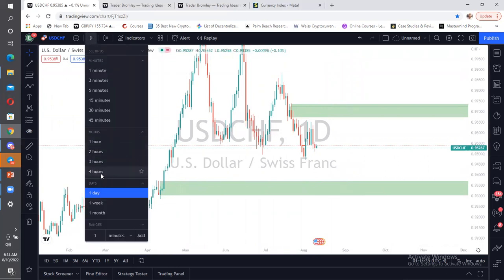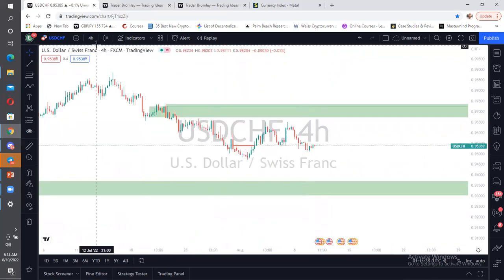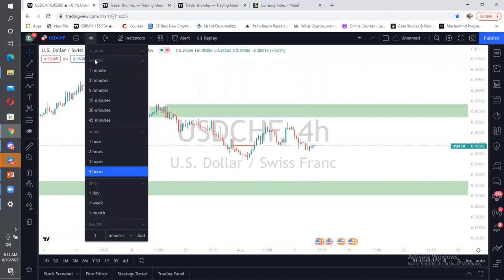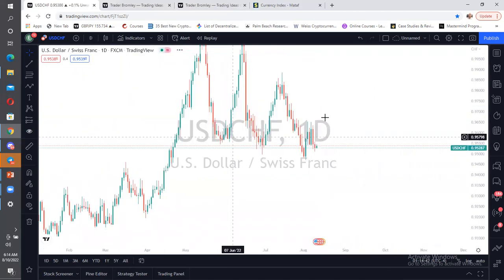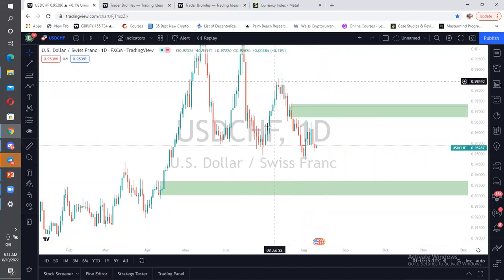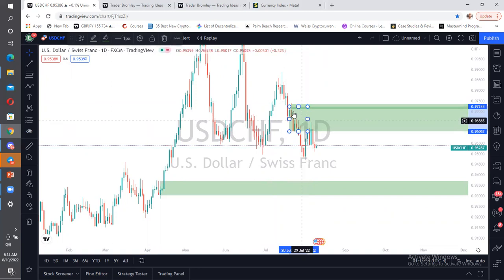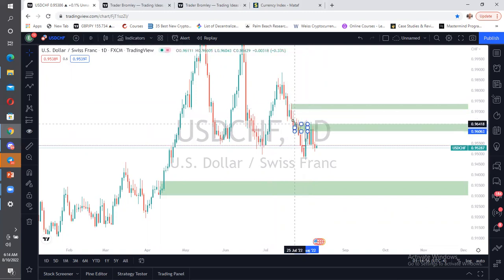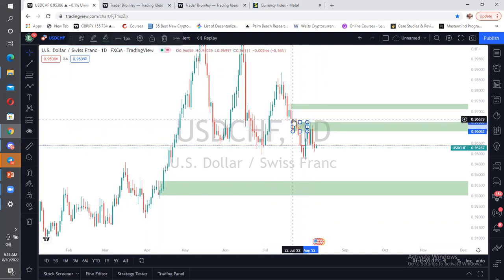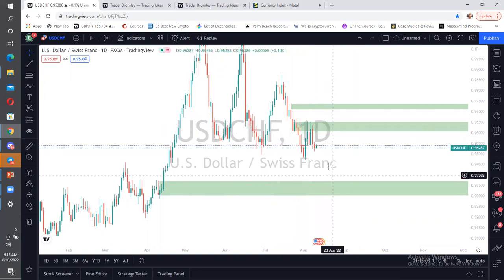Let's go to the lower time frame. Sorry, back to this daily. I want to say something there. Now, this is a range. This is a range. Market has broken out of the range and traded back to this particular level. This level here. That is this particular block to come down.